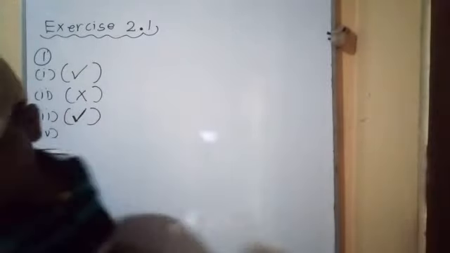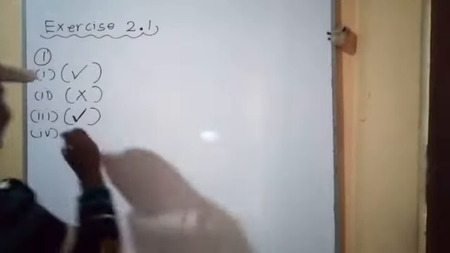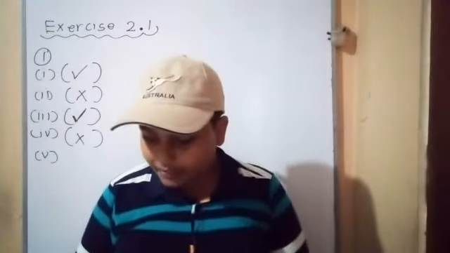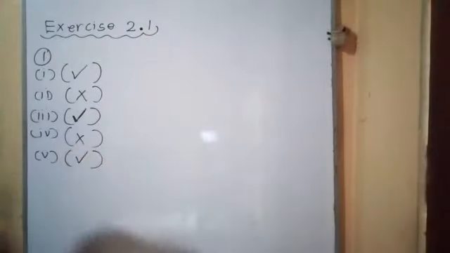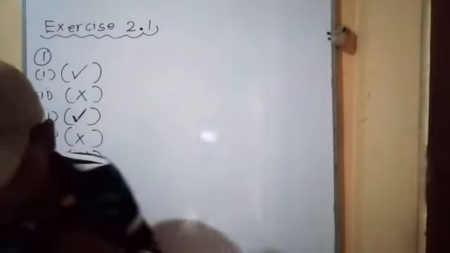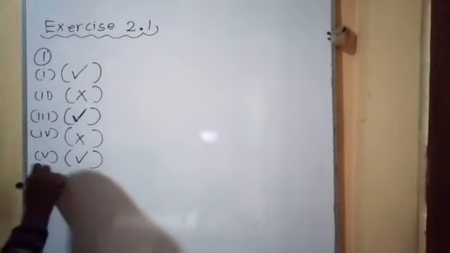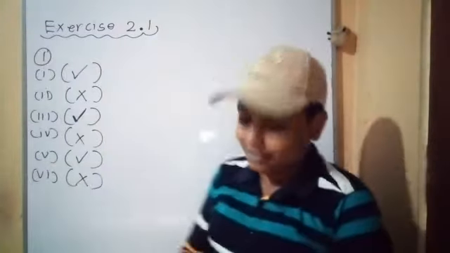What is the fourth one? Beautiful flowers. They have so many beautiful flowers, no? We can't get that as a classifier. Now what is the fifth one? Numbers between 0 and 50 which are multiples of 6. Can. Now the sixth one, people who are fortunate. Can't classify. Now you know the answers.